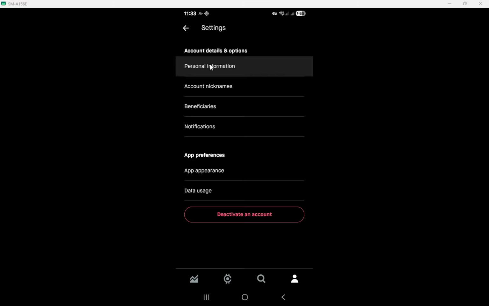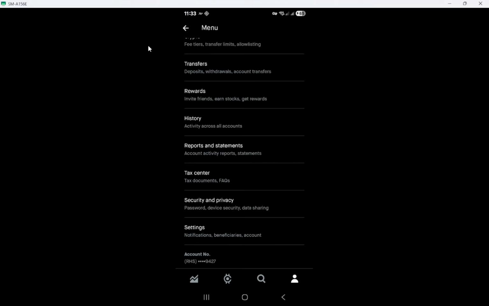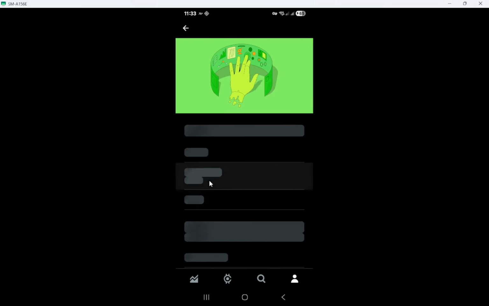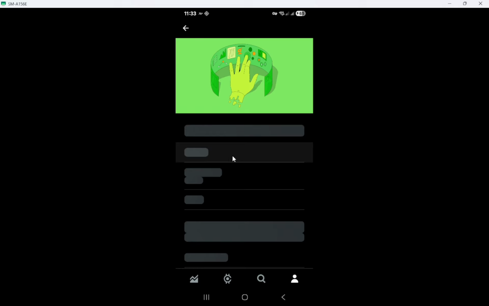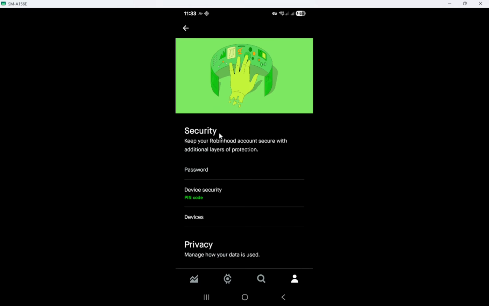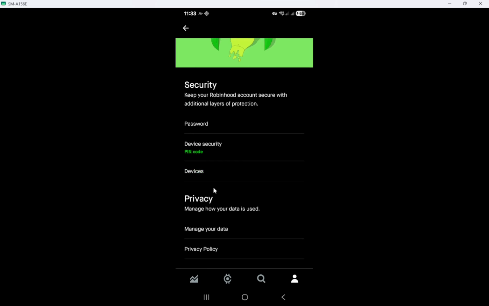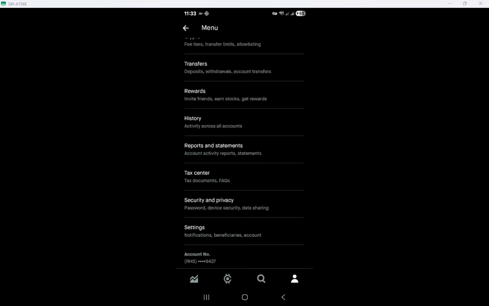In summary, enabling two-factor authentication on Robinhood is not only straightforward but also mandatory. It ensures an added layer of protection for your account through built-in security features. By managing your SMS number and being aware of the device approval process, you're taking active steps towards safeguarding your investments. With that, you now know how to navigate the settings related to this feature on Robinhood. Remember, security is paramount, and these built-in measures are there to protect you.